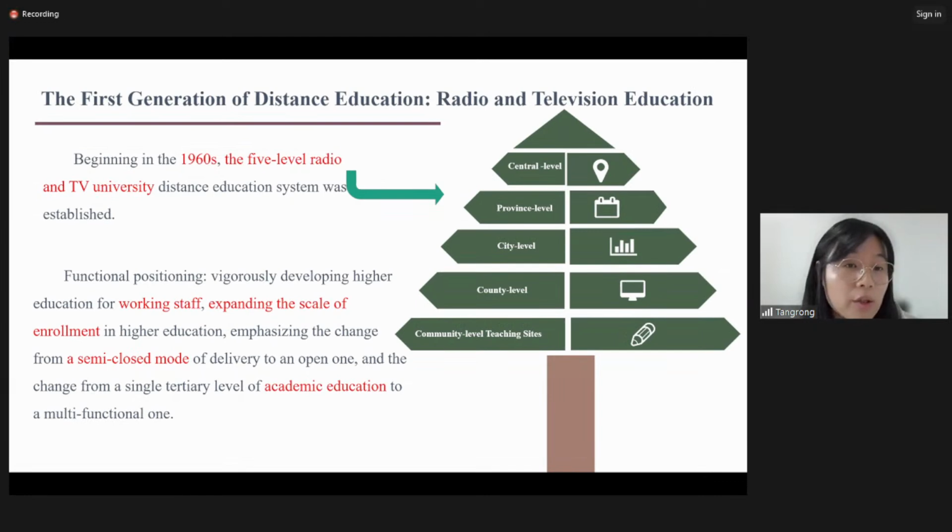The second generation of distance education emerged in the 1960s with the introduction of radio and TV education system. We can see from the graph, this system consisted of a 5-tiered distance education structure, including the China Central Radio and TV University, provincial radio and TV universities, city-level radio and TV universities, and sub-branches, county-level workstations, and community-level teaching